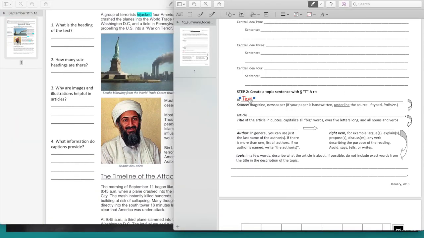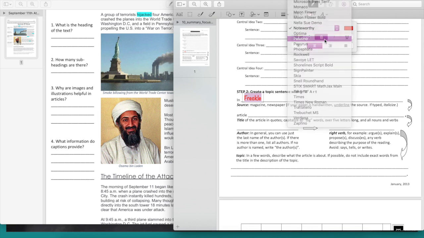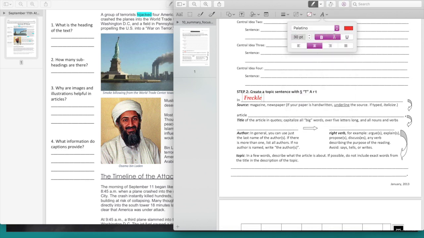So in Freckle, and again, read carefully this information. So here it says if typed, we're going to italicize that. So let's go ahead and do that, and hopefully I get that option. Oh, not with this text. Let's see if I change it. Yep, I change it. It does allow me to italicize it. So I just have to change the font here. So in Freckle,